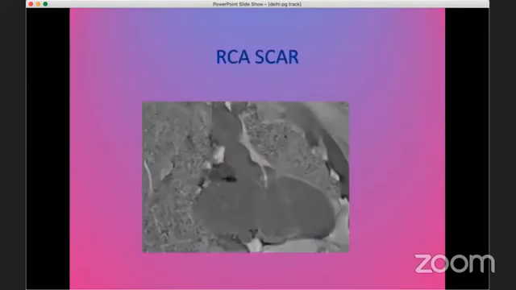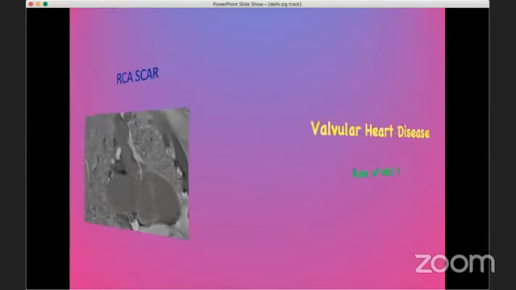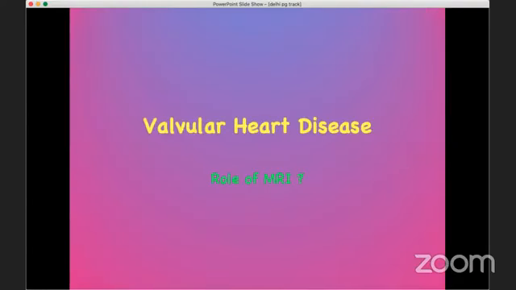This is a patient with an RCA total occlusion, and this is a two-chamber view clearly showing an entire width thickness of gadolinium. And again, this is a transmural scar occupying more than 50%, and this patient is not going to do well post-revasc. So, encapsulating what I told you about coronary artery disease,